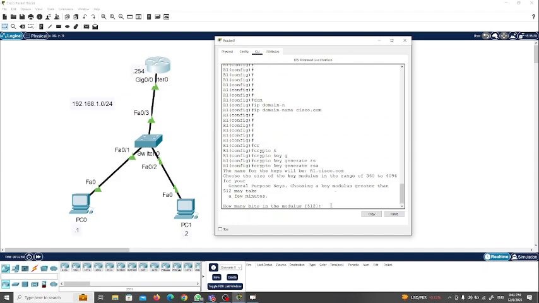Now you see that when you press enter, they will tell you that you have to choose the modulus. The modulus defines how strong the keys that you create will be. Those keys are created by a mechanism that we call RSA. It's the RSA algorithm that will create those keys, but those keys will have a specific number of bits. So for instance here they say choose the size of the key modulus